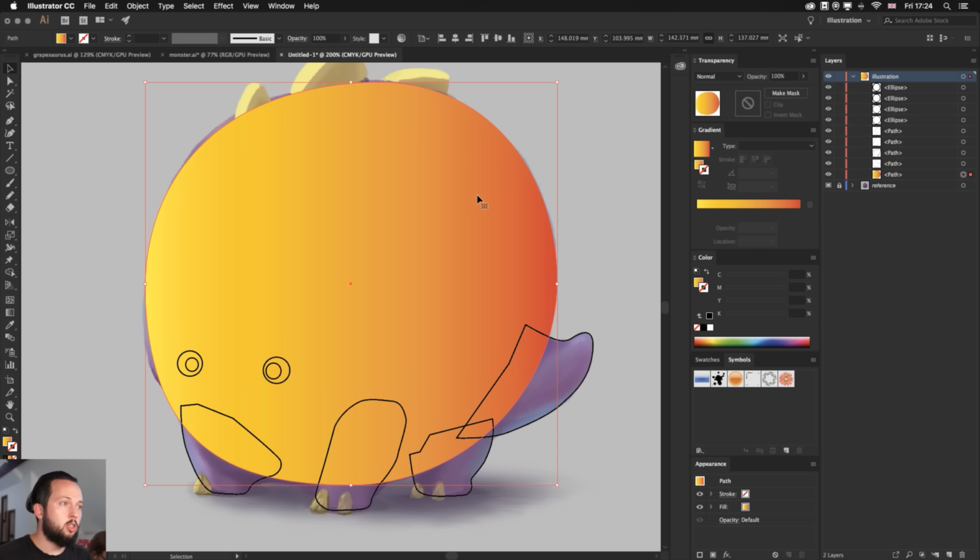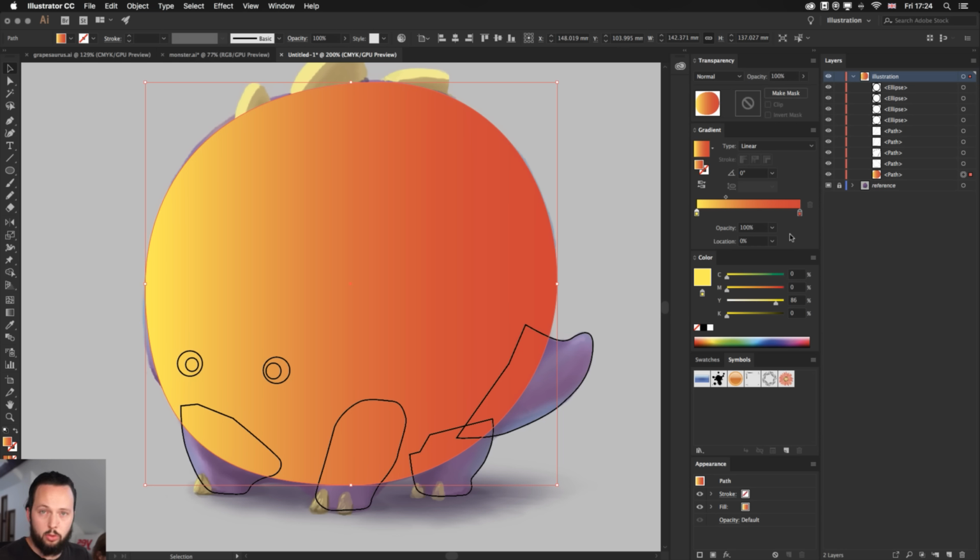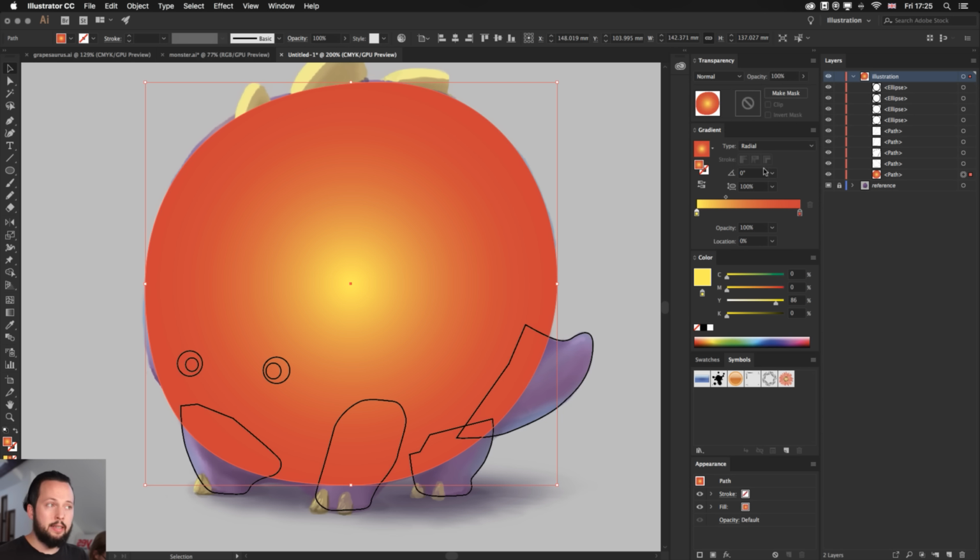But I am going to change the gradient type. So what I will do is, having the fill color selected, I can see the gradient. First of all, I will remove all of these different shades because I only want to use 2 shades of colors. And I'm going to set it to radial gradient, which helps to create the impression of a round object. Once you have that, I'm still not worried about the actual colors. We can change that anytime. It's more important to get the position of this gradient right.